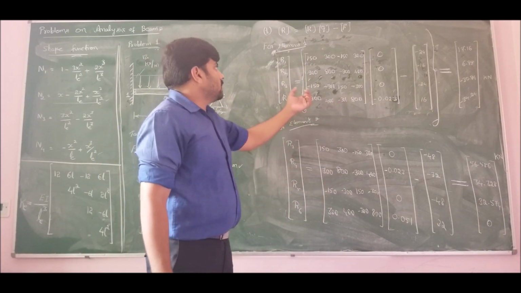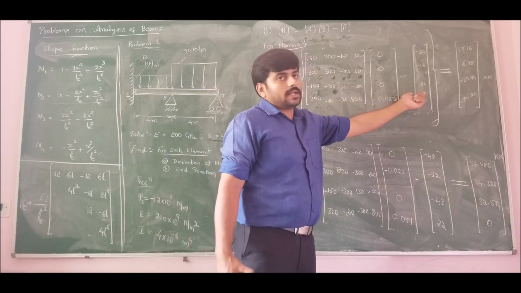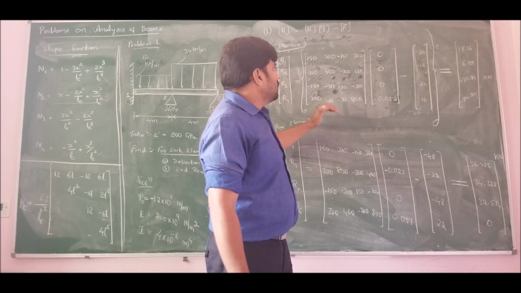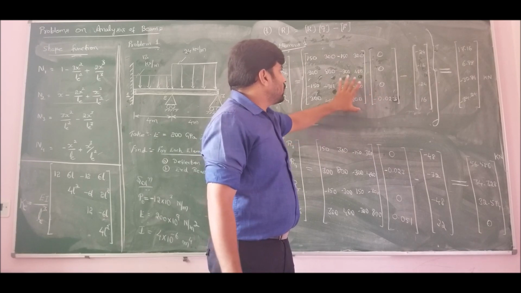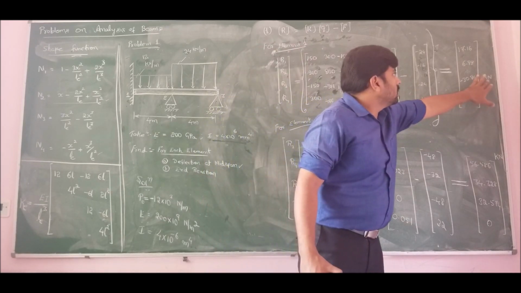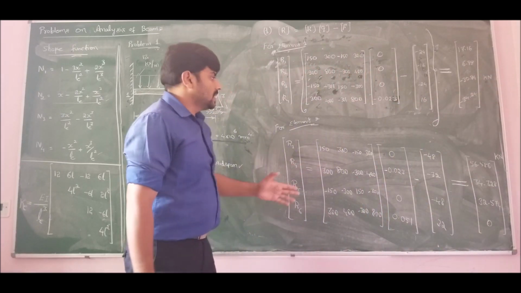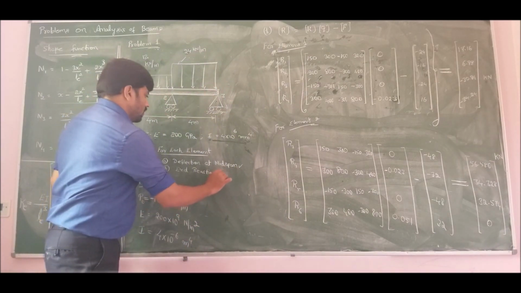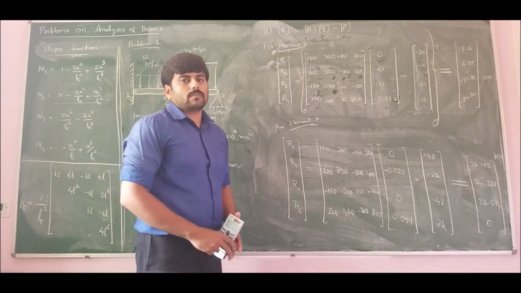And an important note, I have not multiplied 10 power 3 here and I have also not multiplied 10 power 3 here. Therefore, since this is in kilonewton per meter and this is in kilonewton meter, the meter will get cancelled. So therefore, this is in kilonewton and this is also in kilonewton. So therefore, the unit will be kilonewton for support reactions or for end reactions. Same thing is maintained here. This is the final answer for the end reactions for each element. So this completes our problem number 1. Thank you.